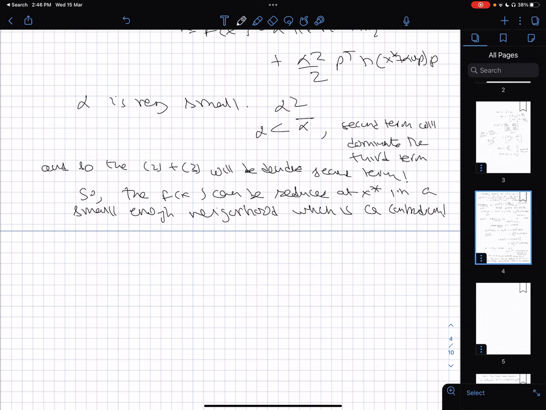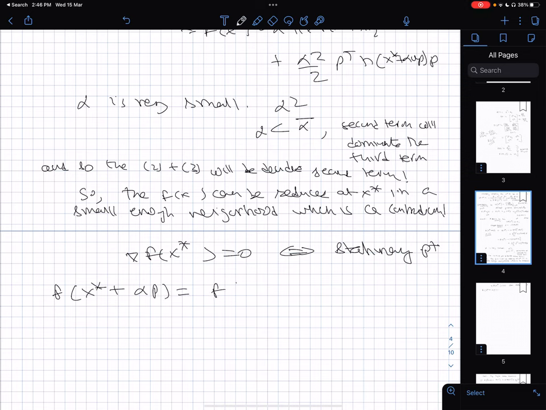Therefore we say that the gradient has to be equal to 0 at the minimum, and this requirement is also said as saying that x star is a stationary point. Now what happens once this happens? This expansion at x star has only the first function. The linear term has vanished because the gradient has become 0. So directly the third term comes into picture, and we write this as